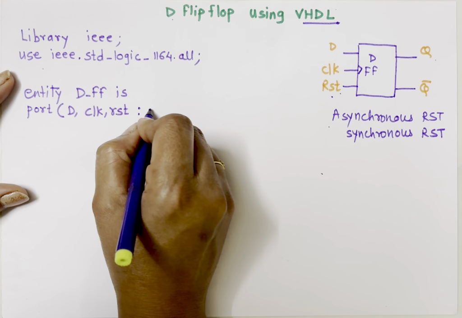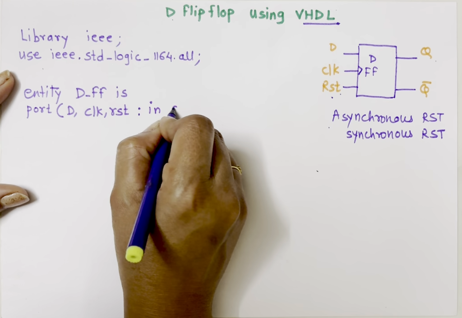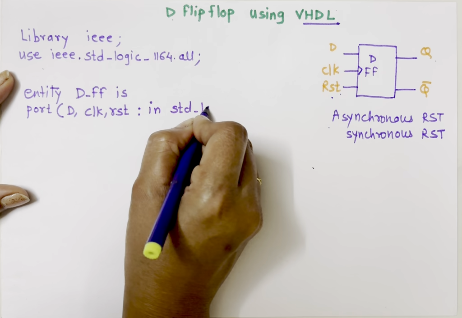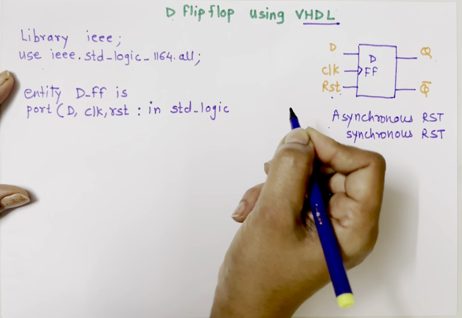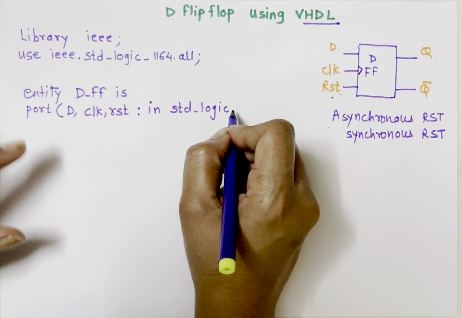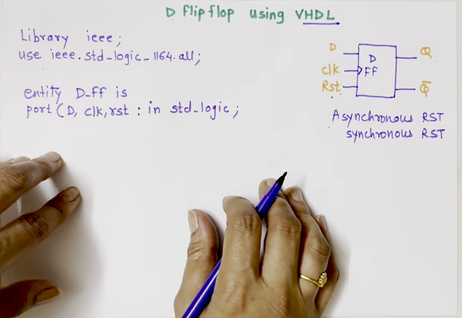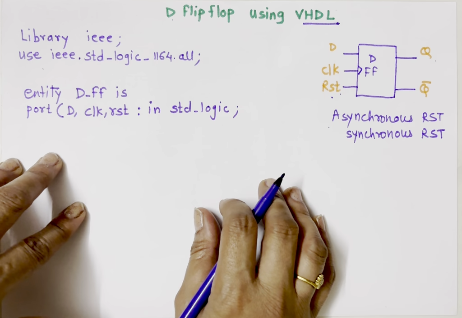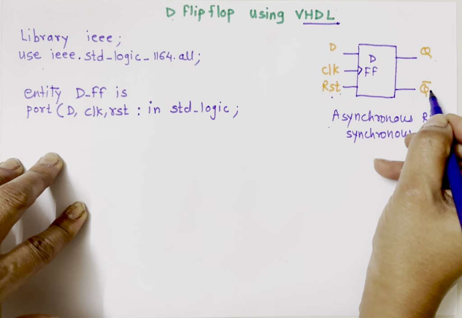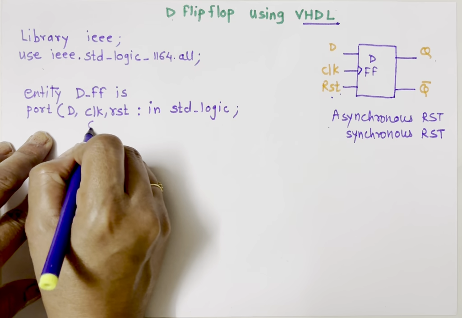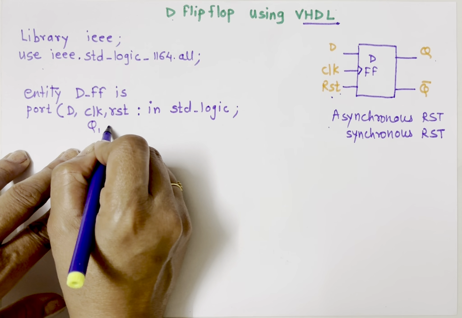D, comma, clock, comma, reset. Their direction is in, and their data type is std_logic. I have uploaded a video related to data types. The link is given in the description box. Now next, how many outputs do we have? Q and Q bar. So I will write Q, comma,